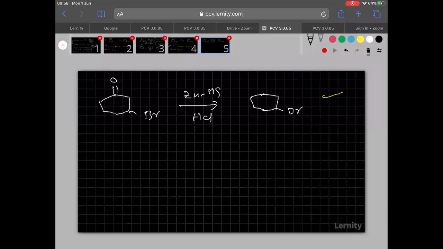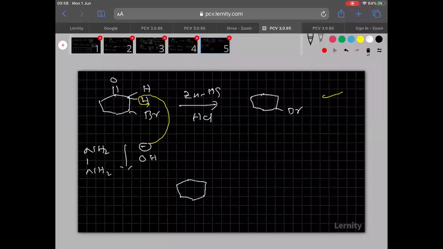But one thing, if you take the Wolff-Kishner reagent, then what happens? Wolff-Kishner reagent is in which medium? Basic medium. What is the Wolff-Kishner? NH2NH2, am I right? In basic medium, I think two hydrogens will be there here. So what will the base do? Base will remove the proton from here. Is it clear? When base removes the proton, then here double bonded O and here negative charge and here bromine. Are you followed? So when the negative charge enters into the ring, then bromine has to leave.